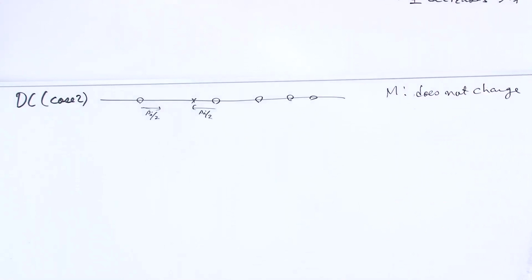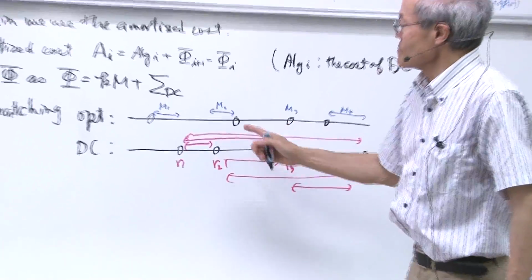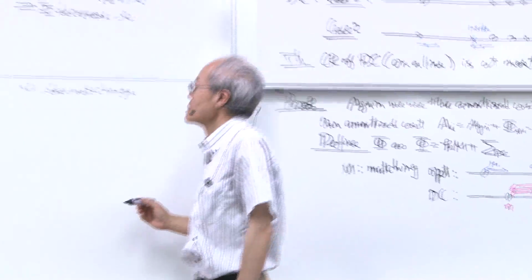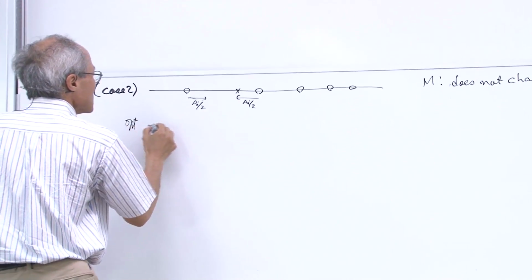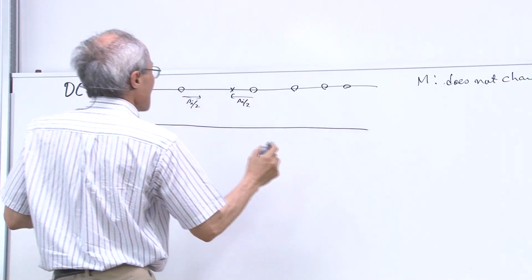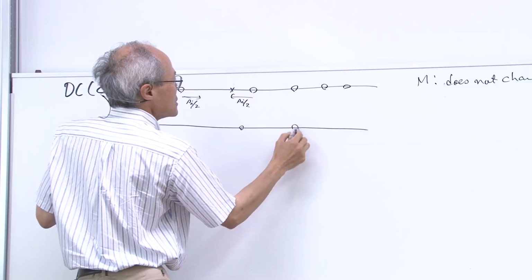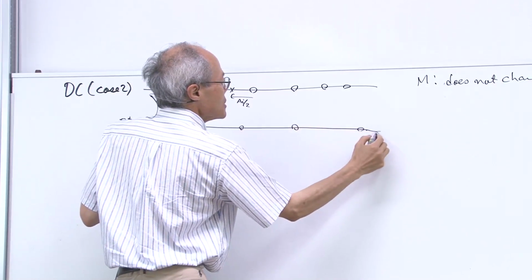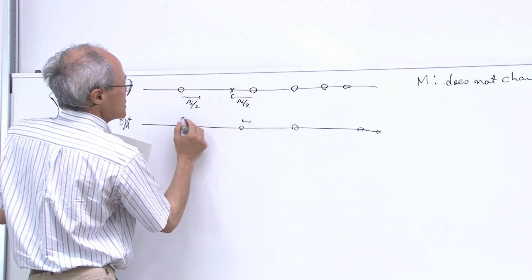Because it's here. I don't know. Maybe this. Then this M increases, but